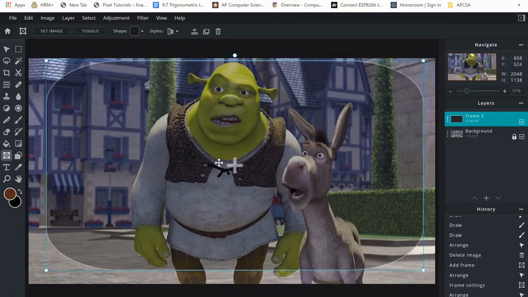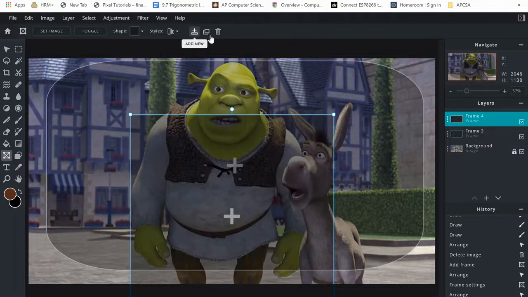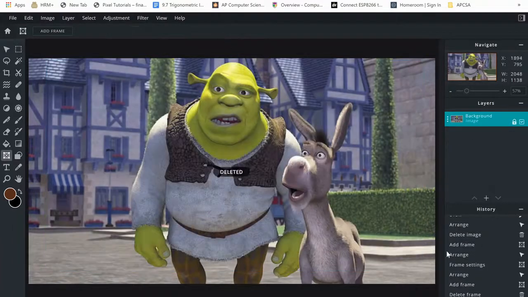Okay, so if we want to use that for our photo, we can do that as well. But again, I'm not really wanting to mess with that today. So I'm just going to delete those two frames that I put on there. There are other things that you can mess with that, but